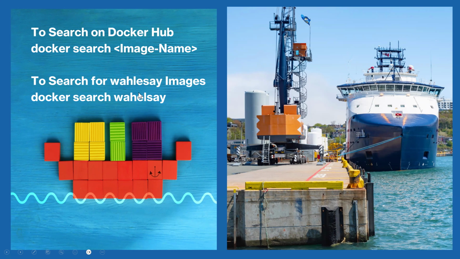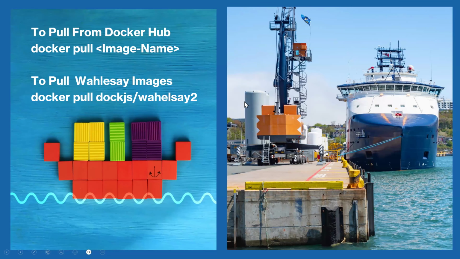Whatever string that image is that you're searching, you search for that one, then you know where it is, so you can pull that one. In this case, to pull from Docker Hub, you say docker pull and then the image name. For example, to pull the cowsay image, you type in the docker pull command and then the